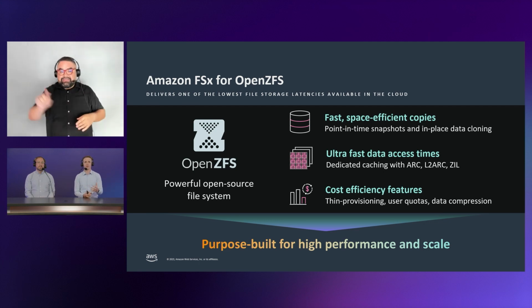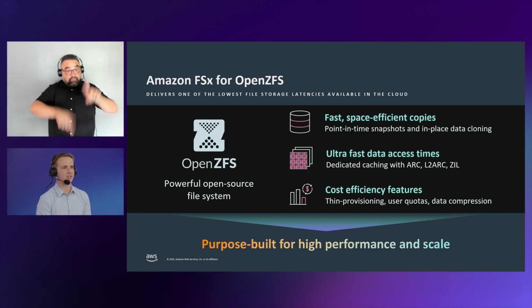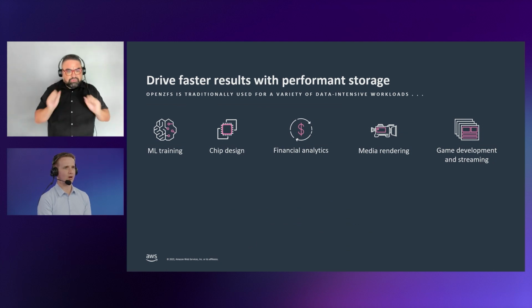For those of you not familiar with OpenZFS, it's a file system that's really optimized to deliver high performance at a low price point. It has a number of different capabilities that make it easy for customers to snapshot, to clone data, ultimately to provide really high performance for their storage. And so with OpenZFS designed for high performance and low TCO, customers use OpenZFS traditionally, and we're seeing with Amazon